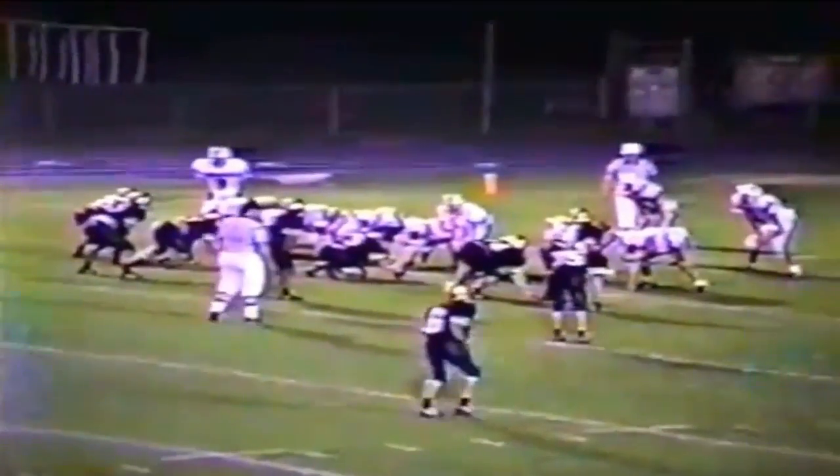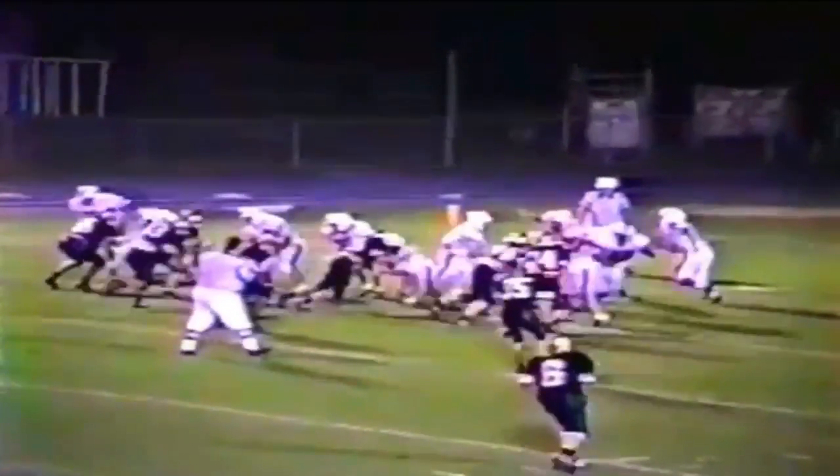1:16 left to play in the game. Quarterback drop